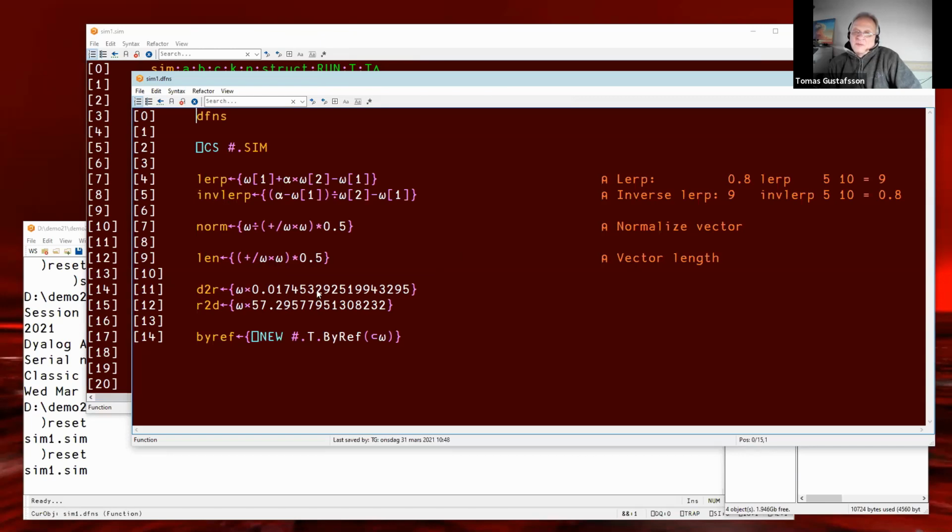Wherever I can, I type out the number instead of typing the APL symbol for getting pi, for example, because I believe it's faster. And ByRef, APL ByRef.